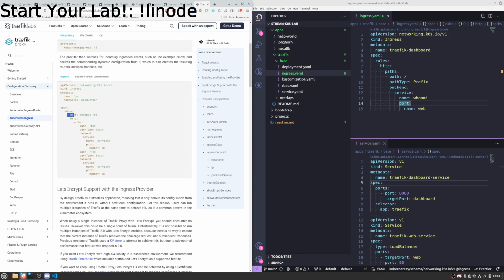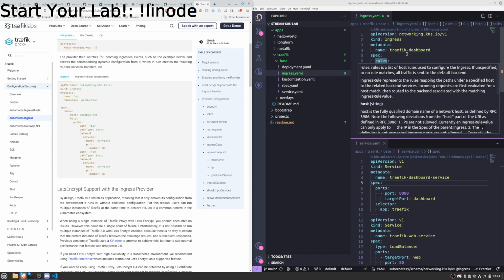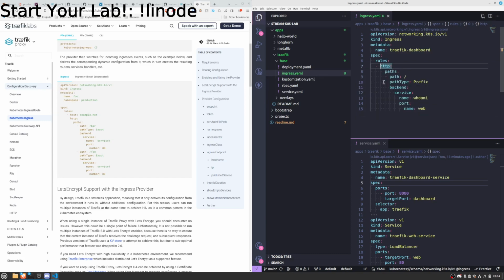All right, so I can do this. Based on the ingress, the rules, host is going to be, we'll just call this traffic.example.com, and I will fix this in a little bit so that we can basically just test if this works. HTTP path